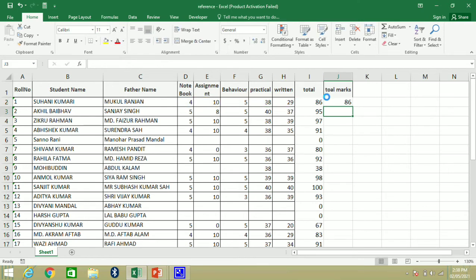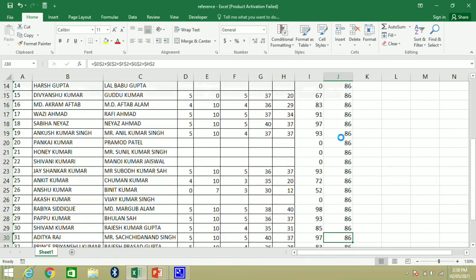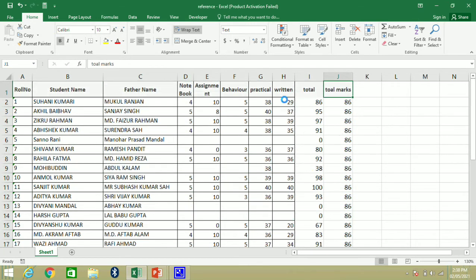In this column it calculates the same result, but when we copy and paste the formula, it will remain the same. So you can see the formula is not changing. Even though I am changing the cell, the formula is not going to change. You can see here the formula is the same, dollar D dollar 2.